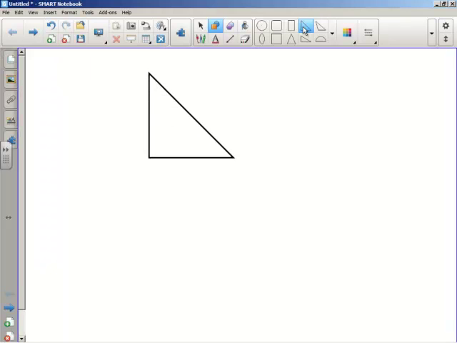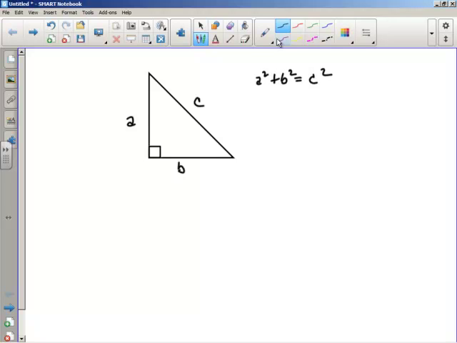And Pythagoras says that if this is a right triangle, then there's a relationship between the sides A, B, and C given by a squared plus b squared equals c squared. And that's the source of our distance formula. If you do the same sort of thing, and I'll try to do it a little differently than I did in class,